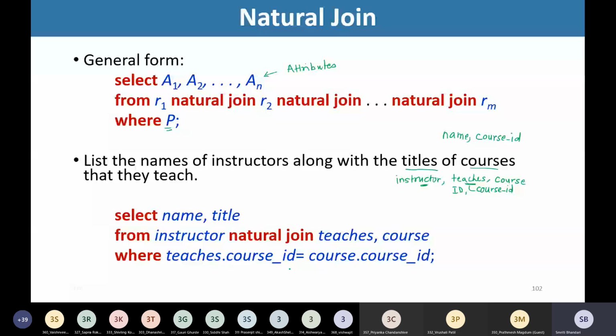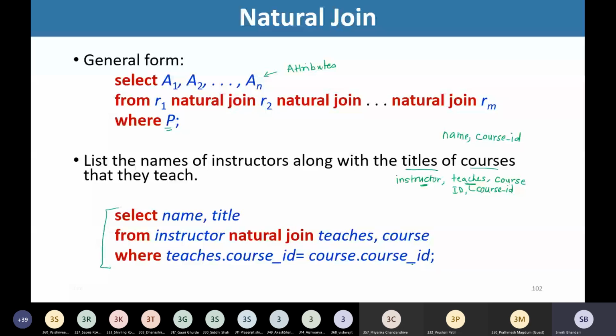So this is the statement that I am writing here. Please write down this statement.